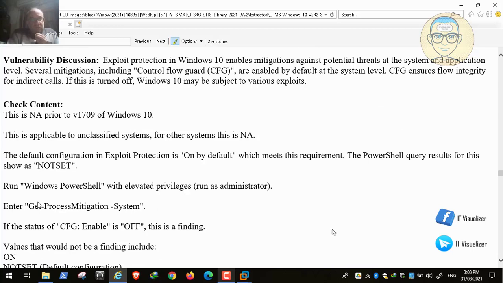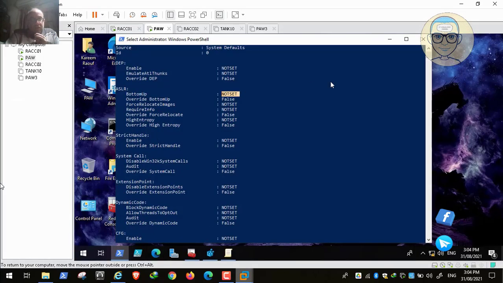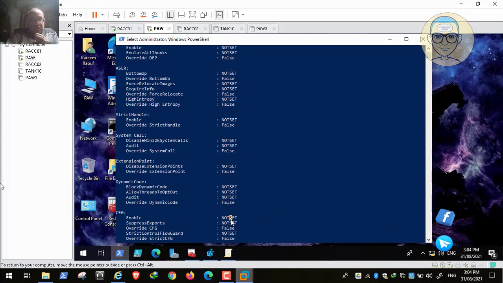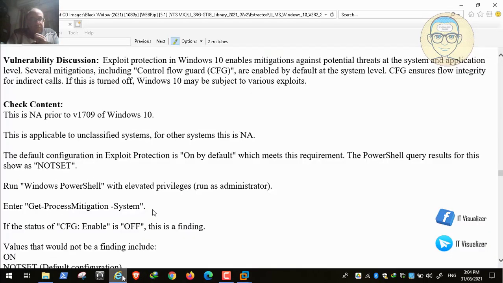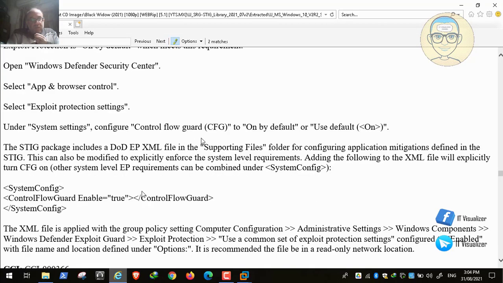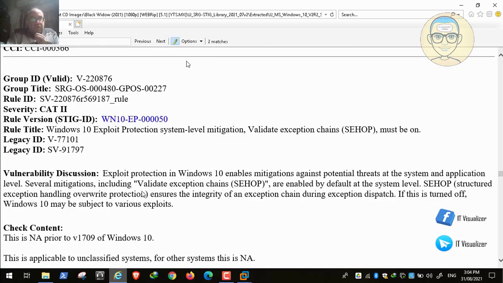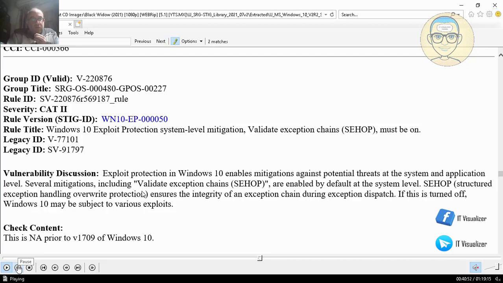So if it's not set, then this is correct. If it's off, then it means that we are at risk. Okay, so here we can see that CFG is already enabled, so we don't worry about this one. It's already enabled, and as we said before, we have an XML file that will configure this setting on a wide range. Okay, here we can see there is another kind of protection called